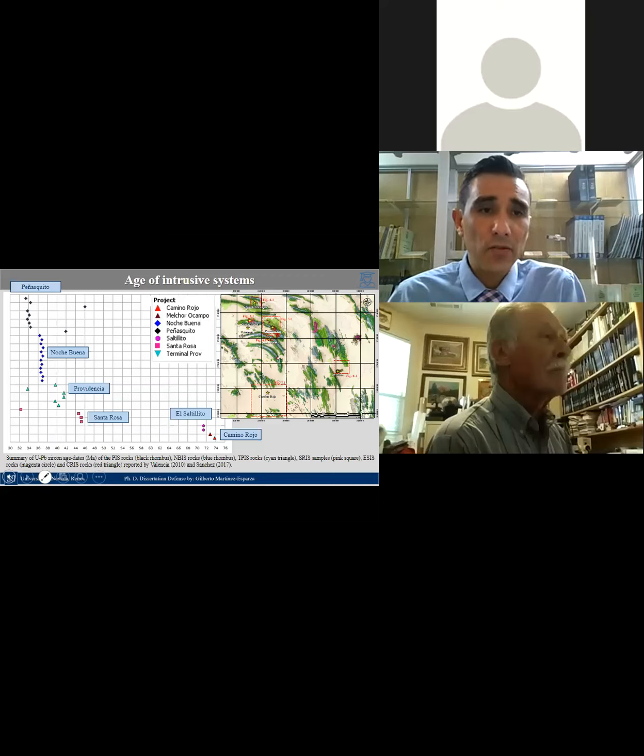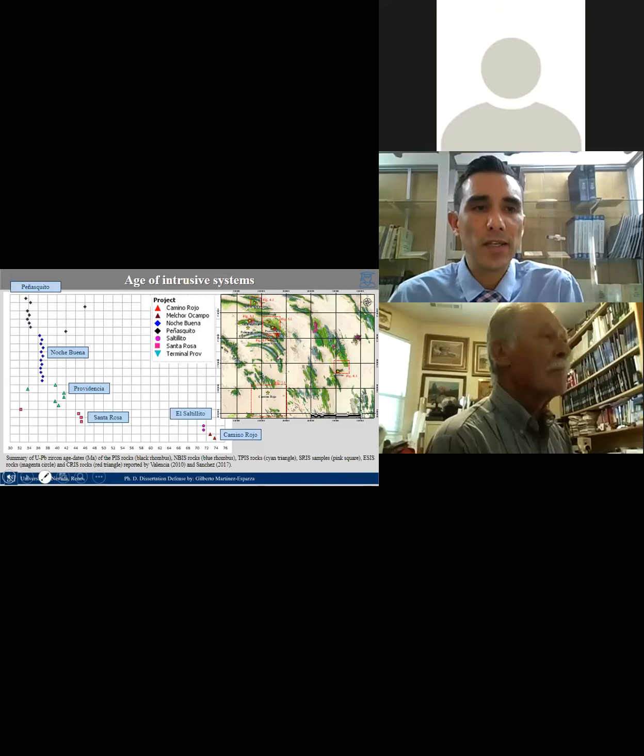Then we have continuous igneous activity during the Eocene and early Oligocene, starting with about 46 Ma at Santa Rosa, followed by the Providencia intrusion about 40 Ma, and then pretty consistently the Nochebuena intrusions between 36 and 37 Ma. And the youngest activity